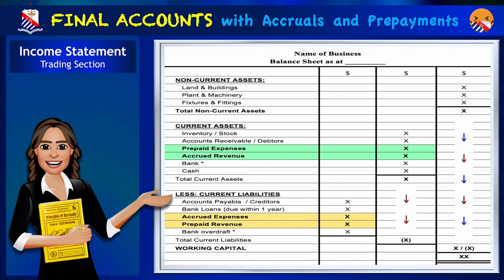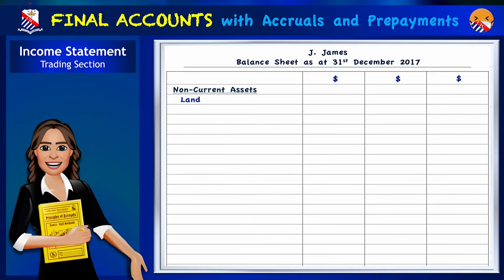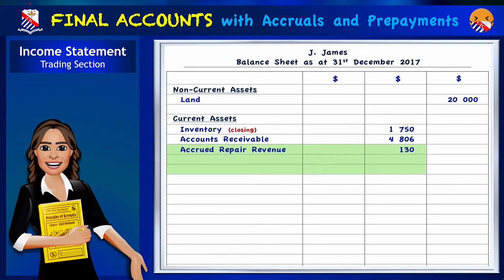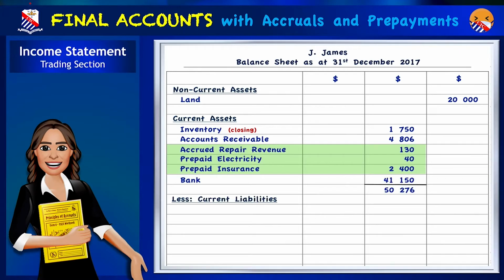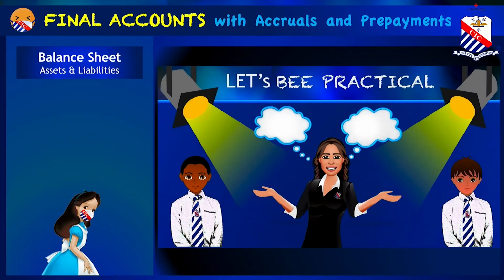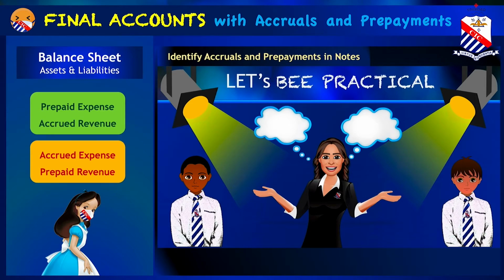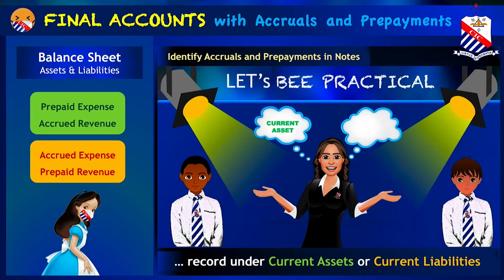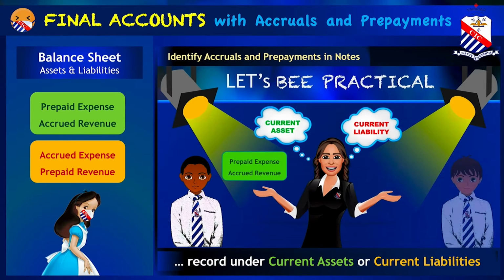In the balance sheet, we start with the non-current assets and then proceed to the current assets and current liabilities, which is where we record our accruals and prepayments when they are identified in the notes or additional information. Prepaid expenses and accrued revenue are recorded under current assets, while accrued expenses and prepaid or unearned revenue are current